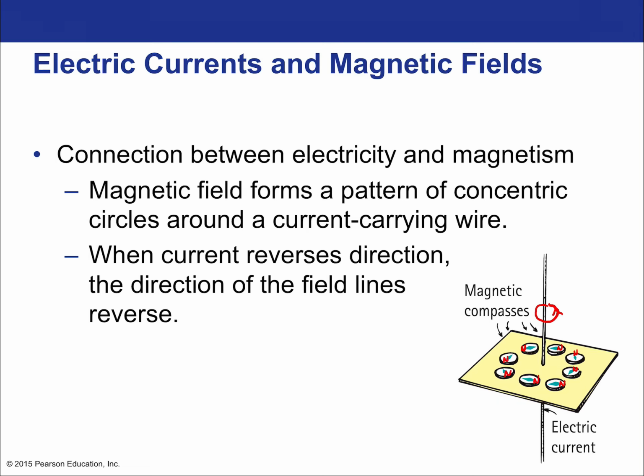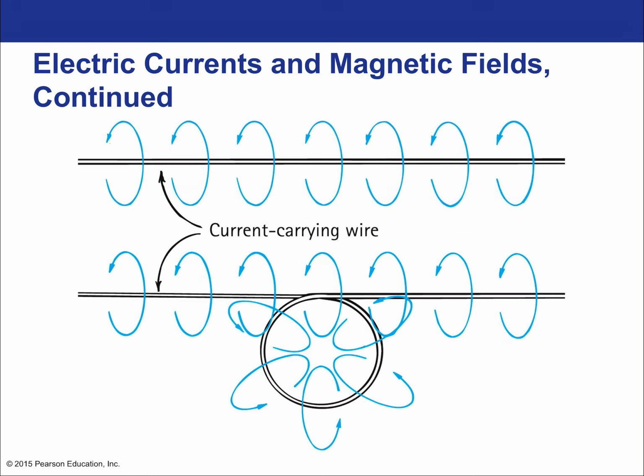And the concentric circles, just like any magnetic field line, represent strength. So you have tighter concentric circles immediately around the wire, and then they become more widely spaced out the further you go, when the influence of the wire that created the magnetic field becomes less pronounced. Okay, so here's another picture of it. This is a current carrying wire. Why does a current carrying wire create a magnetic field? Because any moving charge creates a magnetic field.